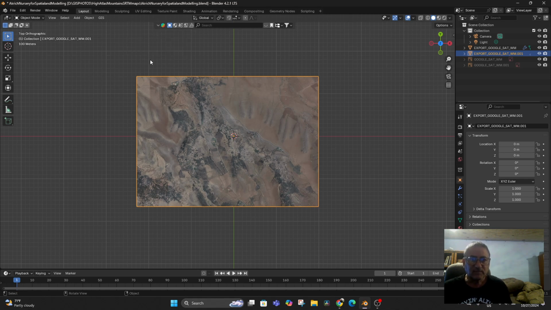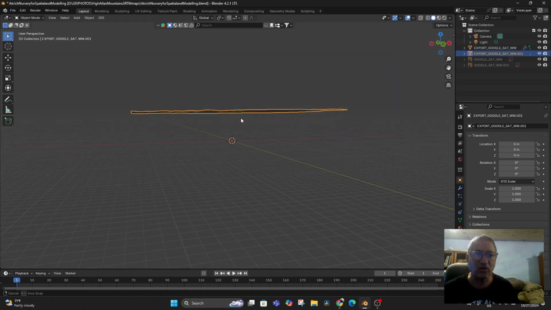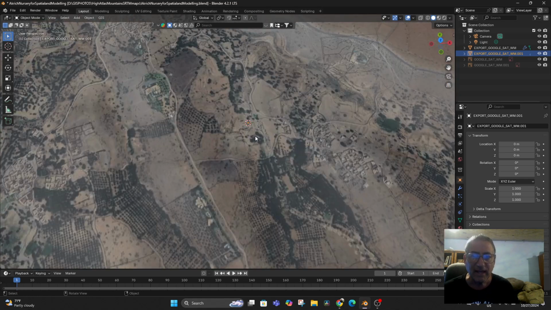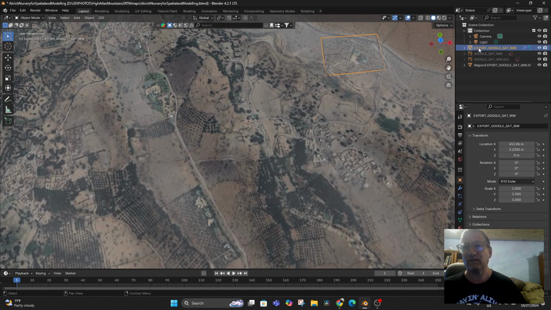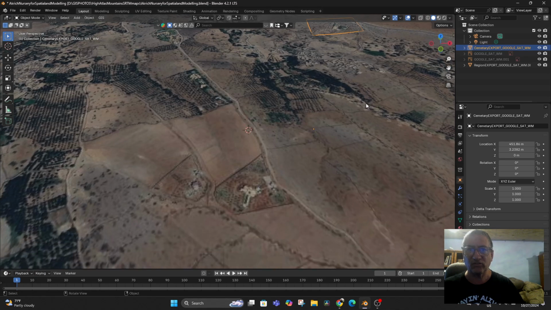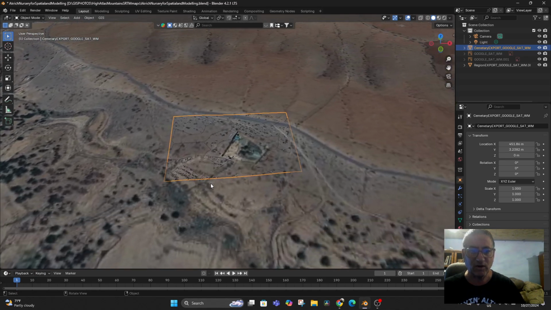Okay, so it did come in. That means it's all matching up there. I'll put this to be the region, and then this one will be the cemetery. That is the cemetery. And this one here, of course, as you can see, is much more highly detailed, because